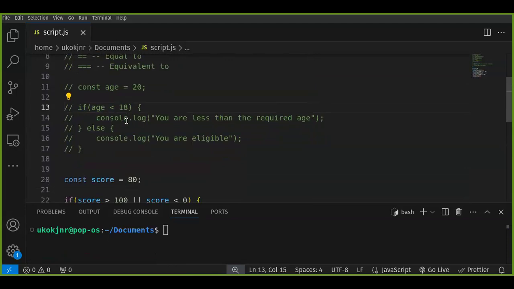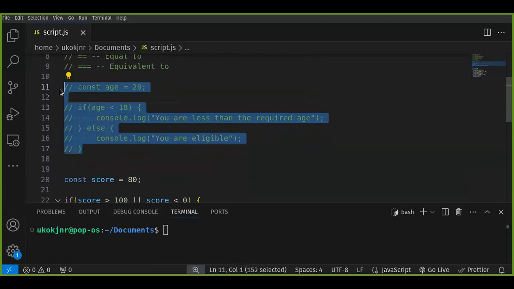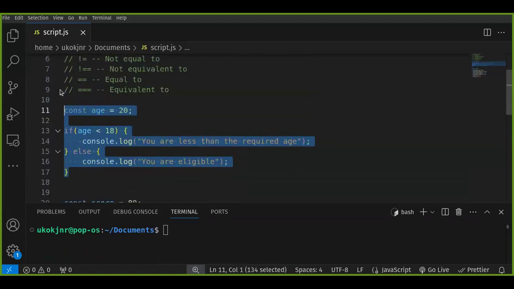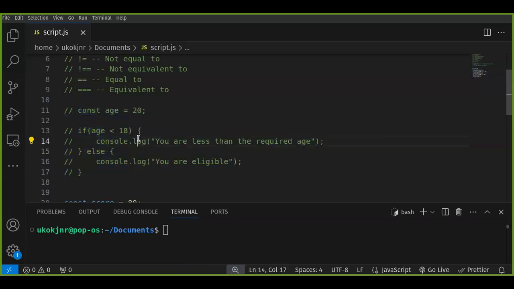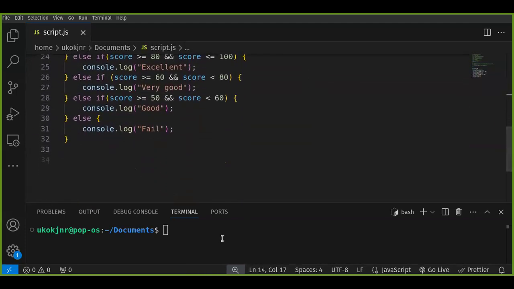comment on that. So for people that are thinking, how do I comment so fast? I use Control and / to toggle between comments and non-comments, to comment and to remove the comments. So Control and /, in case you're wondering, on VS Code. Okay, beautiful. Now let's run node